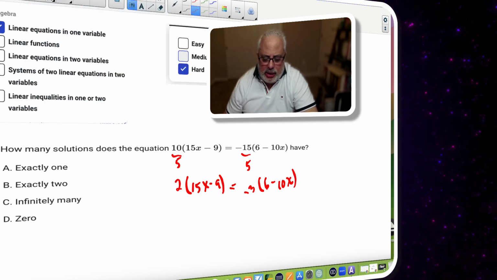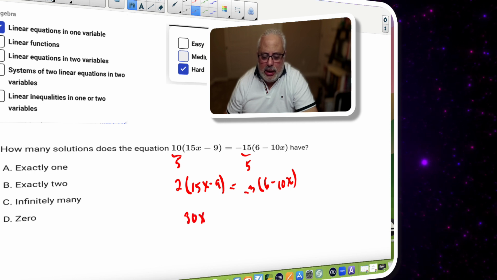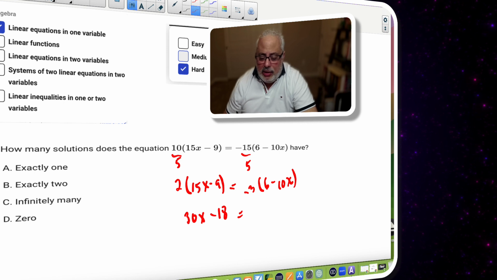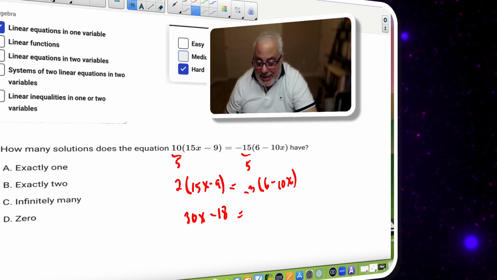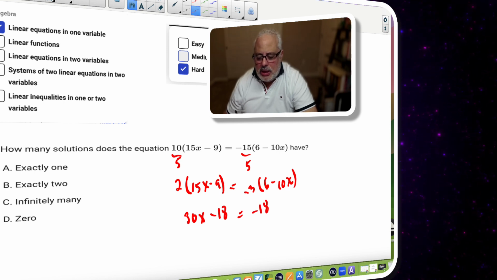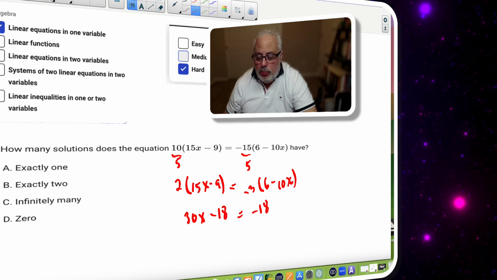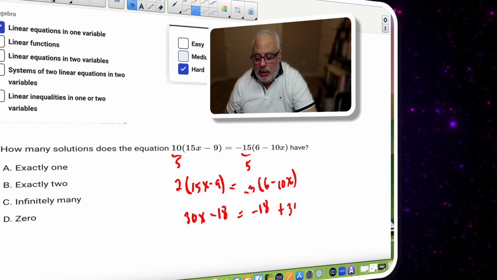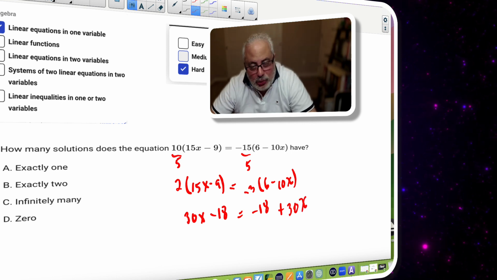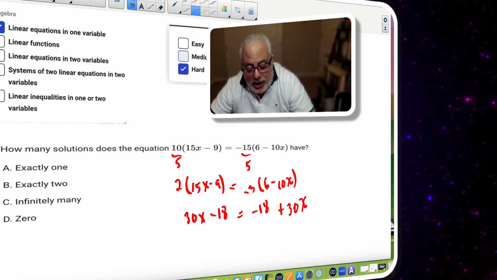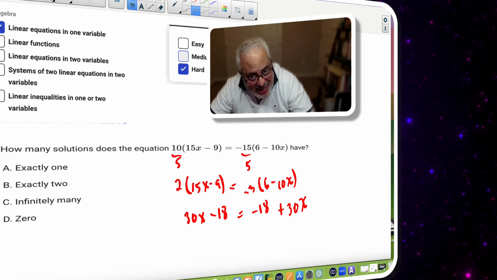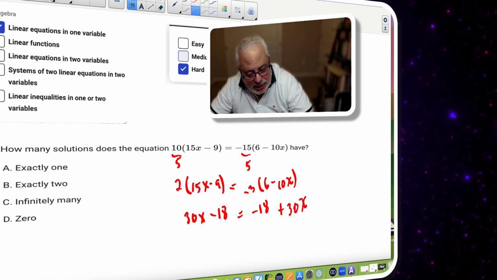I have here 30x, and I have here negative 18, and I have here negative 18, and 3 times negative 10, I have positive 30x. And look at what I have. Super simple now. Your left side, 30x minus 18, is exactly the same as your right side of the equation,